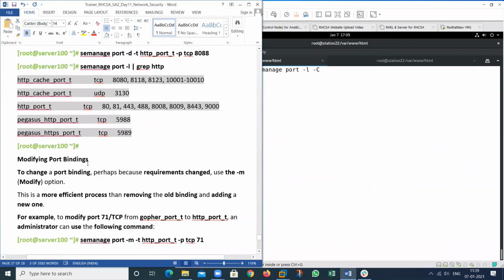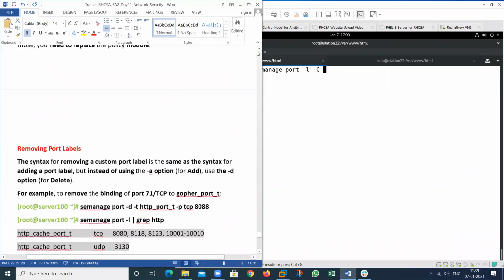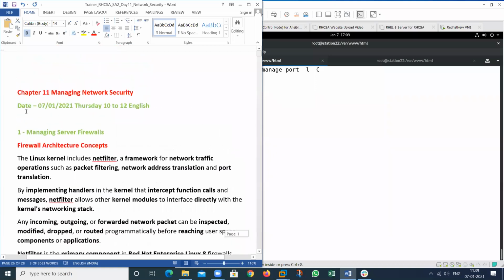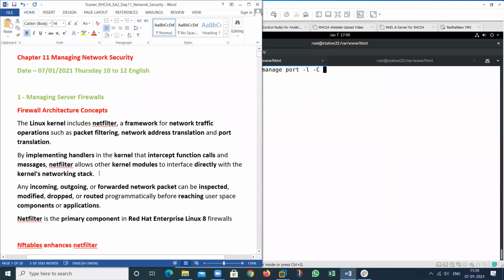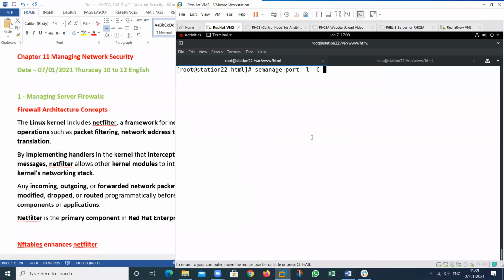Now my next topic is the firewall. What is the firewall? I will complete the theoretical portion first, but I have also completed the practical portion in this particular one. If I add the service port in the firewall, then the firewall will allow that particular service through the network.